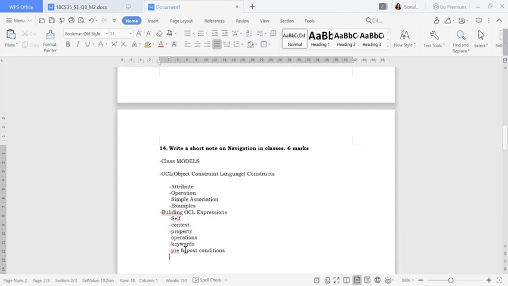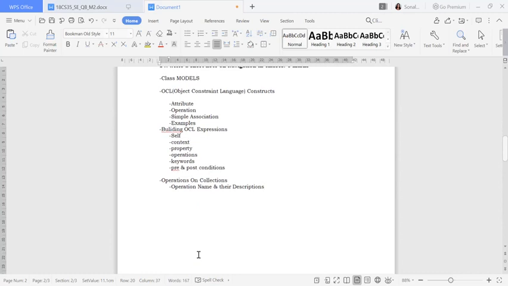And also one more is there, that is known as operations on collections. That also you need to write. Inside this you have to mention the operation name and their description.